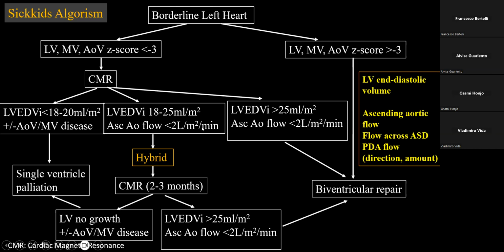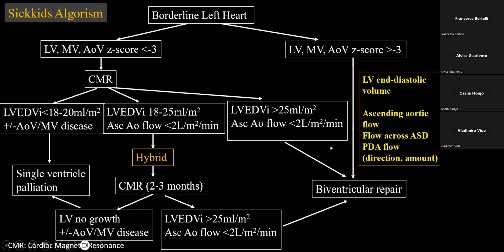And the subgroup of interest is the patients who have borderline left ventricle as a non-apex forming, but seems to have a potential to grow. So those patients, we use the hybrid stage 1 procedure to give them time and then try to grow the ventricle. And then repeat the cardiac MRI in 2 to 3 months, and then determine what to do. So either a single ventricle path or two ventricle